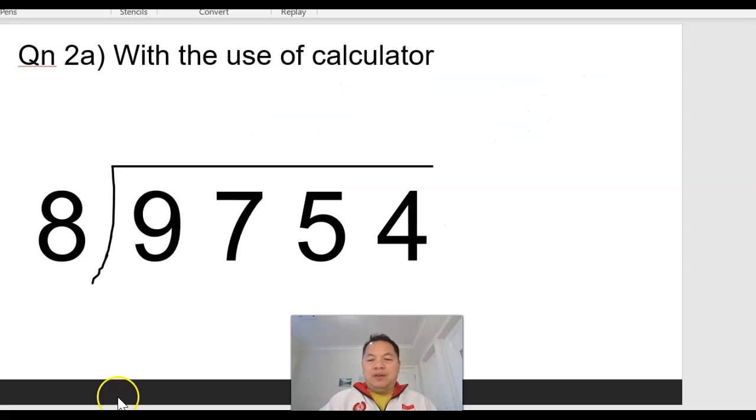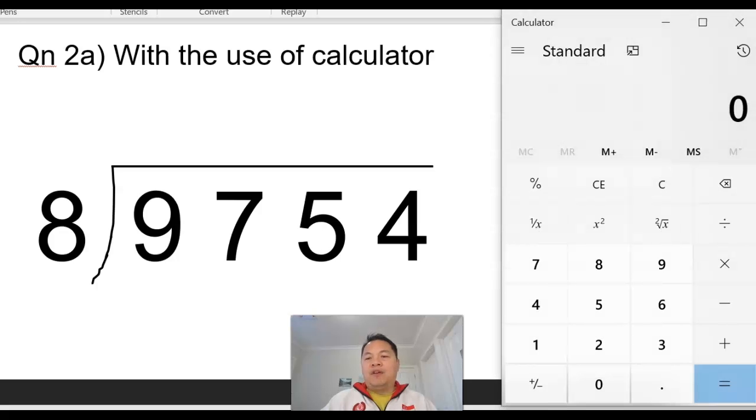Next one, with the help of a calculator. Okay, whenever we have questions in the book, usually it will be stated, with the use of a calculator. If there's nothing mentioned about a calculator, then you will not be required to use one. But of course, for some of you who may be struggling, you may use the calculator to assist you, but do not over rely on it. So using a calculator,